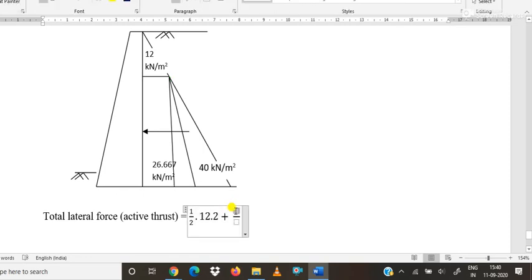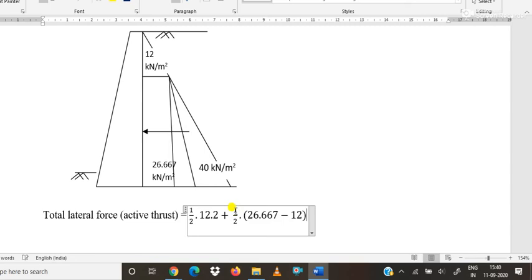First taking the triangle, half of 26.667 minus 12 multiplied by 4, plus the area of the rectangle, 12 multiplied by 4, plus another triangle for the pressure of water, which equals half of 40 multiplied by 4,